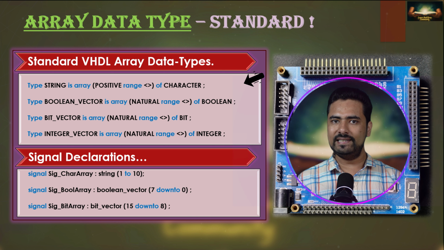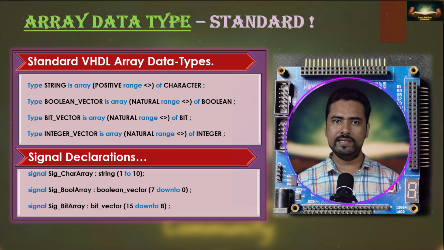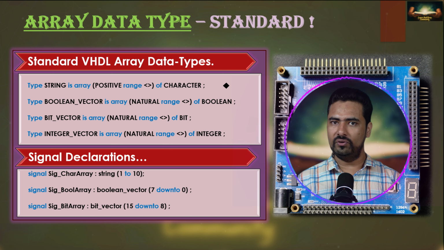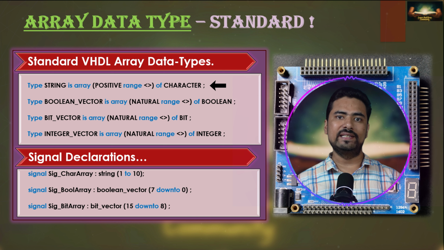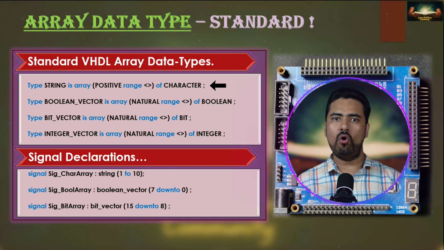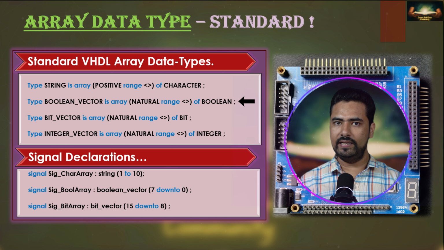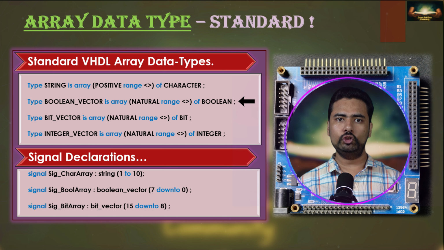First, we will see some of the standard VHDL array data types, and here are some examples which you can also see in the VHDL standard definition packages. So first, we have a string array data type, which is simply a collection of characters. So write type string is array, positive range <> of character; then there is Boolean vector, same like the std_logic_vector, but Boolean vector is an array of values true and false. So write type boolean_vector is array natural range <> of boolean;